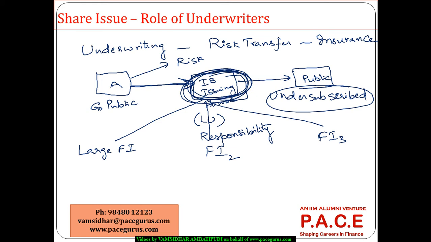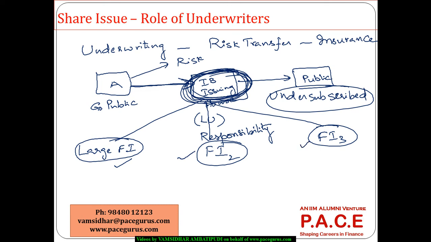So it is making a pool with various financial institutions and giving them a portion of these shares, giving them the responsibility to sell. But in case any of them are not getting sold, finally, if any of these parties are defaulting, the final responsibility lies with the lead underwriter itself. But for doing this entire part, the lead underwriter is charging a fee,